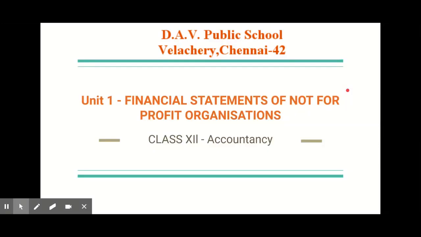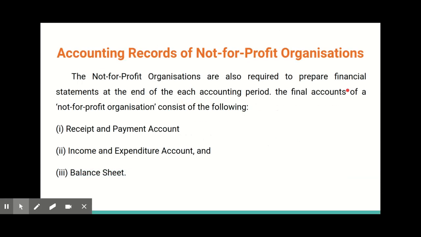Hello everyone, in this video we are going to see about the financial statements of not-for-profit organizations. From the name itself you can identify it is an organization not for profit. So the main aim of the organization is not earning profit. The main aim of the organization is to enhance education, or it can be established for improving health by providing health facilities to the people, or to do any type of service to the community. So the non-profit organization is an organization which is established not for the purpose of making profit but to serve